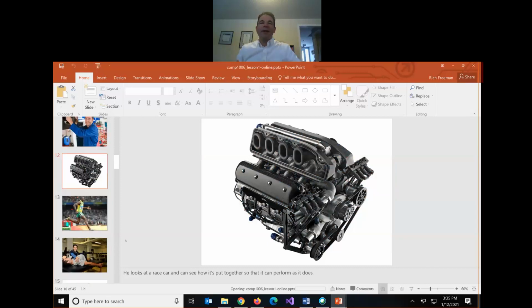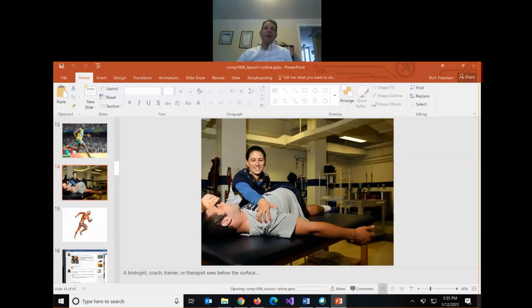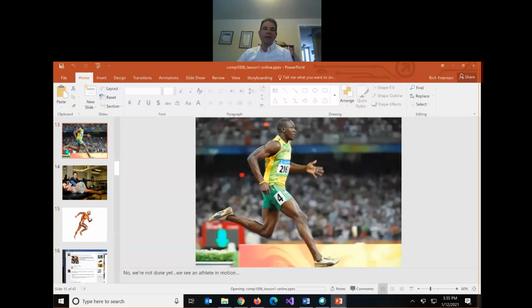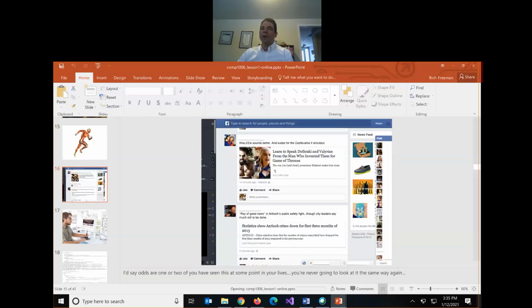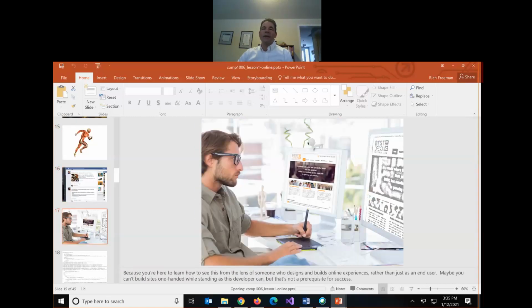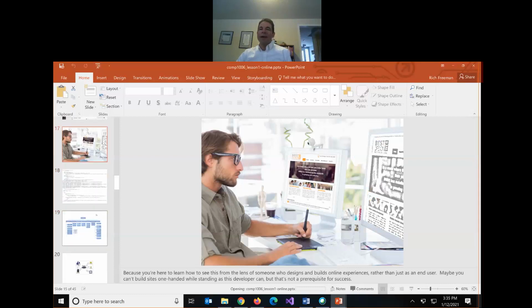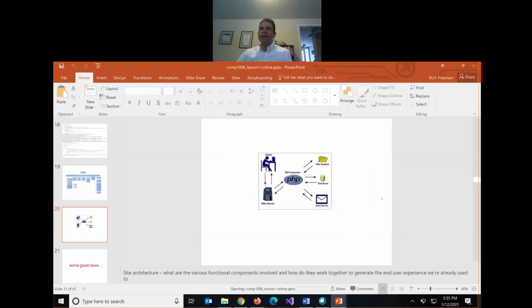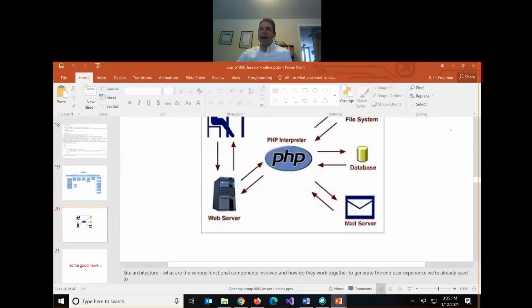Okay, right? We see this. A healthcare professional, they're going to see this instead. What's actually happening under the hood to power and coordinate everything that we see, right? We see things like websites like this every day. As web developers, we're going to start to see underneath, how is it put together and how do the pieces work? Okay. So in terms of